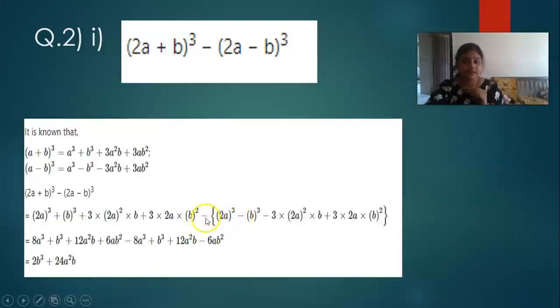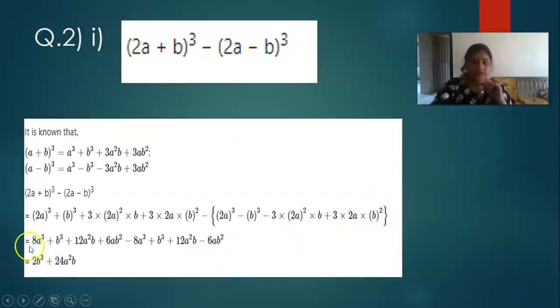If you are multiplying this minus sign inside the bracket, this term will be minus and this term will be positive, because minus into minus is plus. Again this term will be positive, minus into minus. This term becomes negative. So it is plus b cube plus 2 2s are 4, 4 3s are 12, 12a square b, and minus, because minus into plus is minus, so it is minus 3 2s are 6, a and this b square.